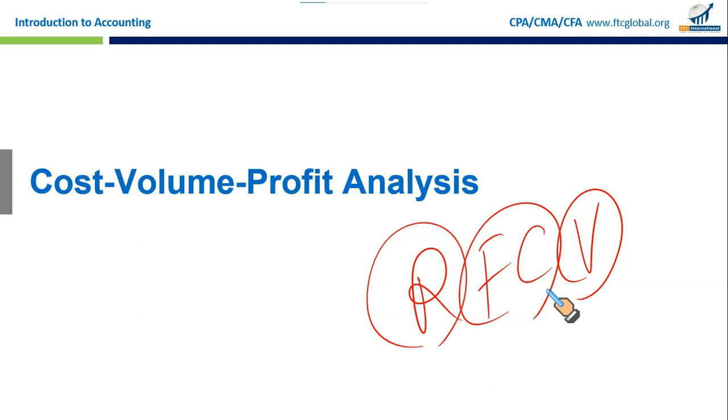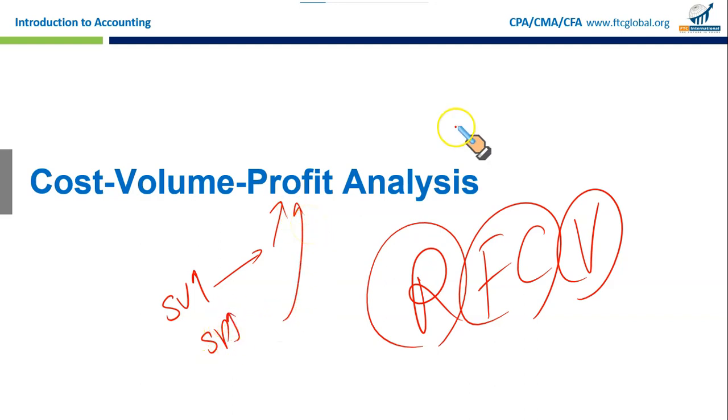So, why is it important? Why is it important for management accountants to study CVP analysis, or managers to understand the idea of CVP analysis? CVP analysis allows managers to understand the probable effects of changes in sales volume, how the sales volume change affects your profitability, how the change in selling price affects profitability, and if you are selling more than one product like